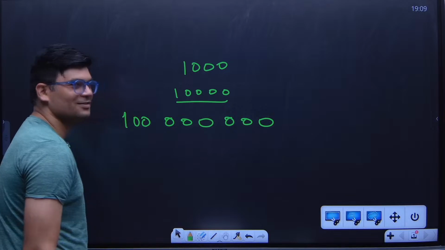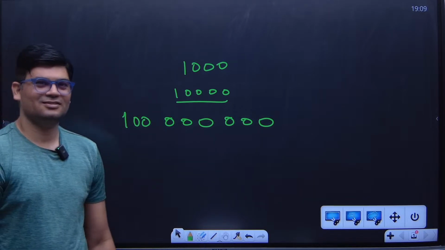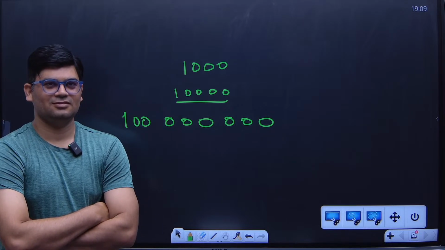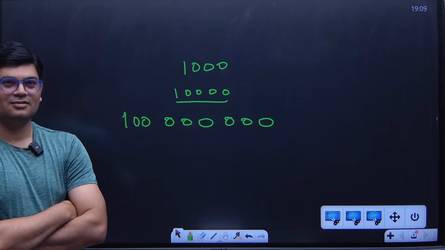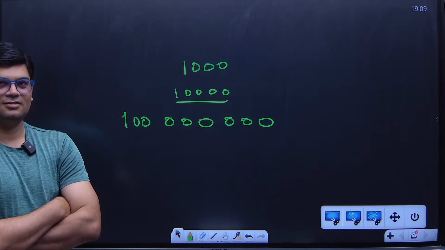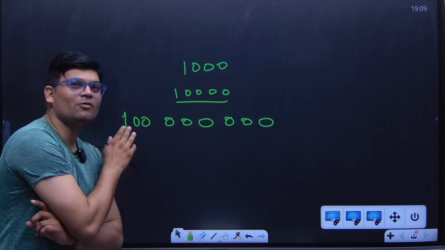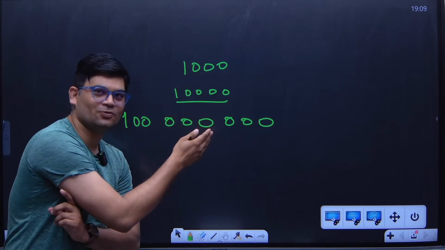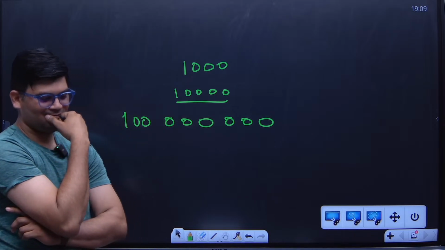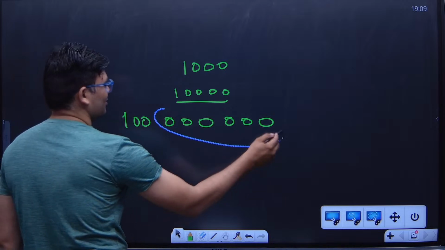What about this? Sir, wait, it's loading. I forgot how to do this. Huh? Sir, it's 100 followed by 8 zeros, no? No, if you count 100, then it is followed by 6 zeros. If you count 1, then it is followed by 8 zeros. Yeah, that's what. Then tell me. Sir, not sure. Not sure?